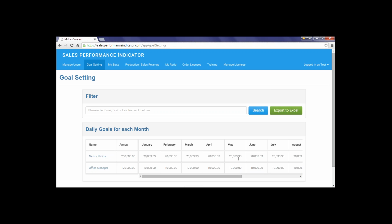So again, you can either go month by month and put in exactly what you want them to do every month, or you just put in an annual total, and then it will automatically calculate the monthly totals for you. This is, again, really easy. It's a matter of backspacing, typing in the total, and clicking outside the box. Okay, I want to go back to my stats right now, because this is where you're